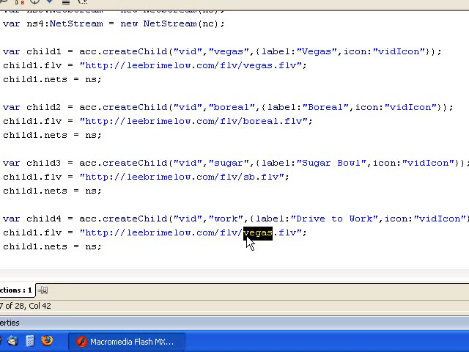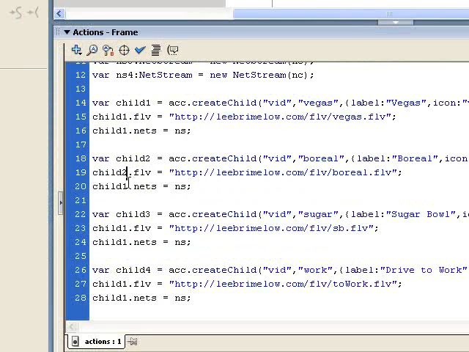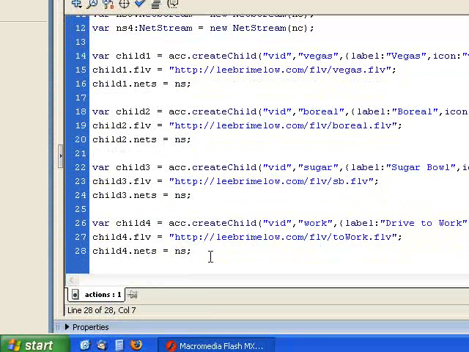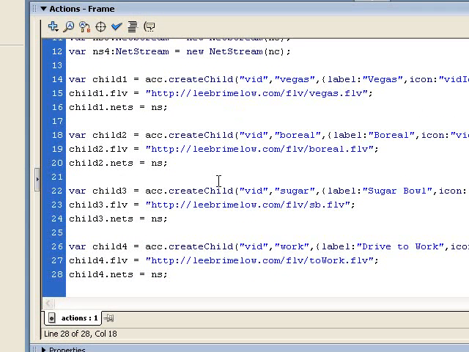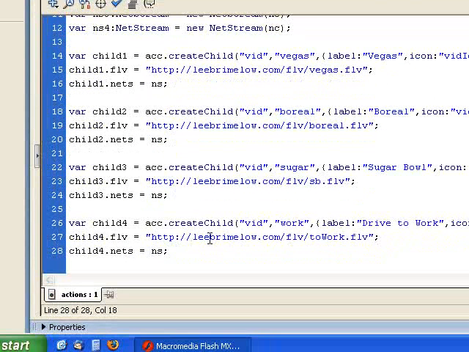Okay, and give the URL to that. And we also need to change these. So this will be child2.flv, child3, and so on. Okay, so we've added now our 4 panels to the accordion component, and we've stored the FLV URLs, and now